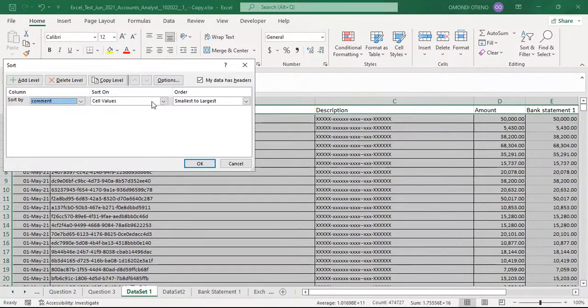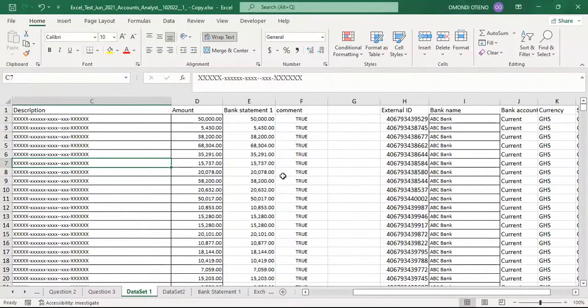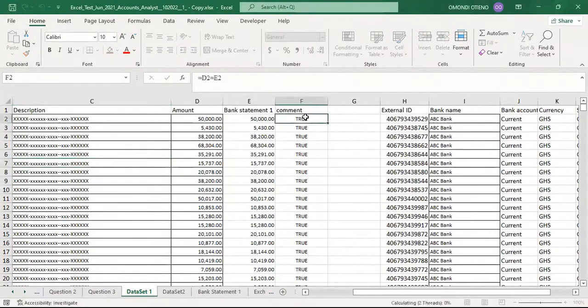So just say in that column, we are going to sort them from the smallest to the largest. No. Sorry, I've identified it. The problem is here. We are dealing with values here. So we are saying that D2 is equal to E2. So in cases where they are not equal,